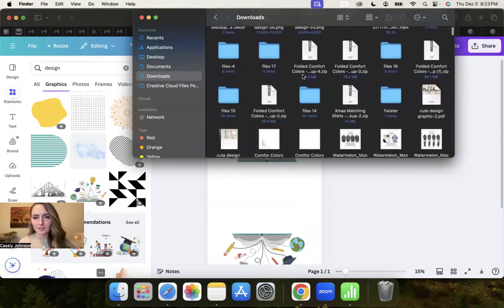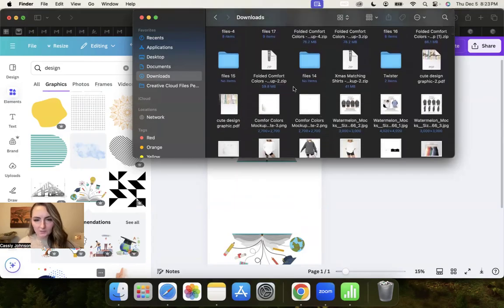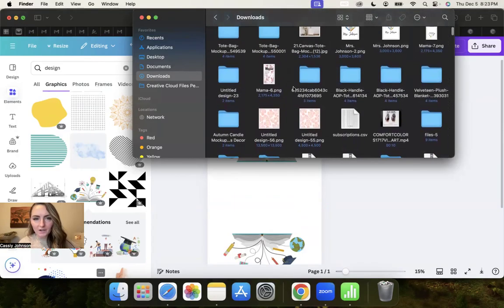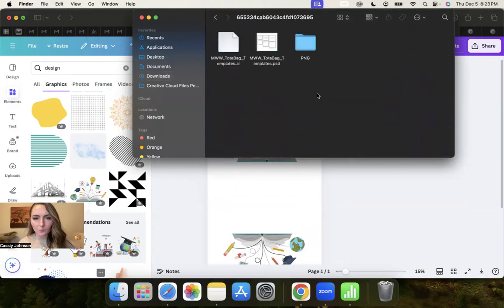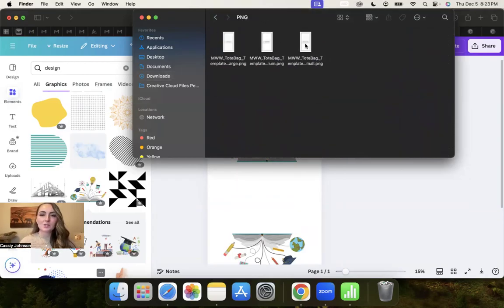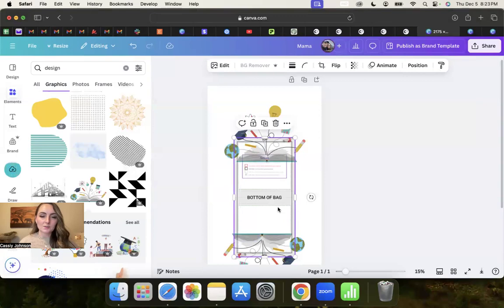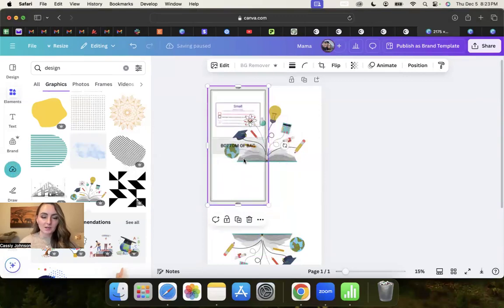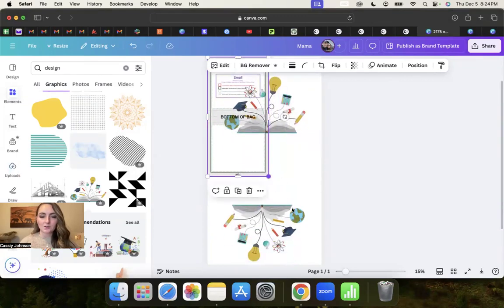Sorry, I've got so many downloads from testing things right now. Let me just look and find it. I know I downloaded it somewhere. Okay, here it is. So I am downloading the small version. See, they give you a small, a medium, and a large, and I am designing for the small size right now. So if I download this template here into Canva,